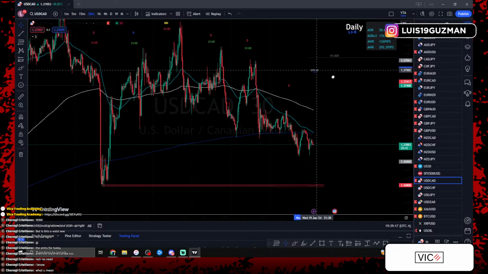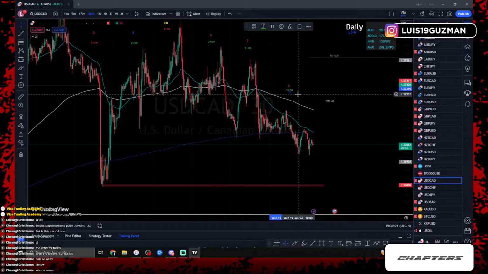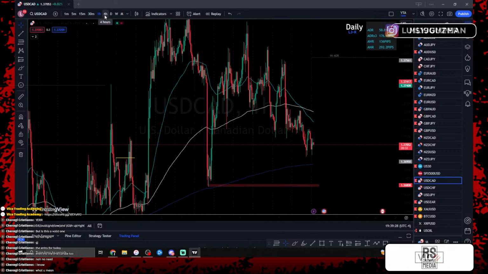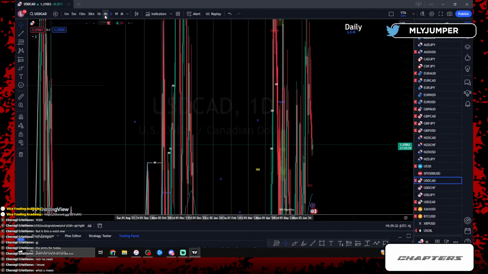Now, could we be expecting, after 3 days of drop, the market to go up? Let's look for an engulfing candle. Do we have any engulfing candles? Valid red, red, greens. Nothing in the 4-hour, nothing in the daily.